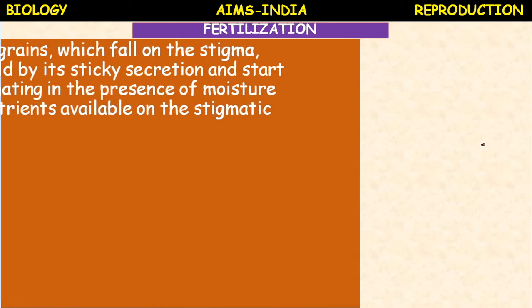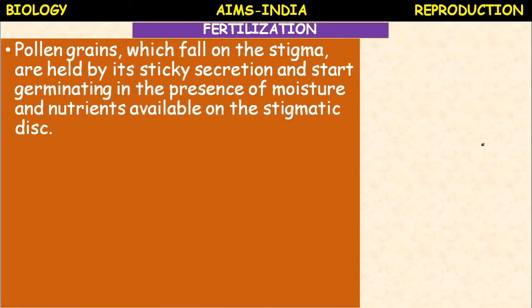This is the post fertilization change. Now, what is fertilization? Before fertilization, one event occurs, that is pollination. This is not mentioned here because you already studied it in the regular textbook. The term pollination refers to the process of transfer of pollen grains from the anther of the stamen to the receptive stigma of the carpel of the same or genetically different flowers of the same species.